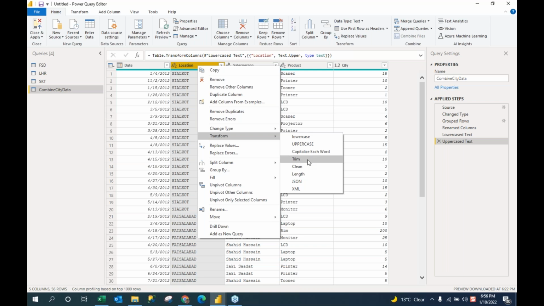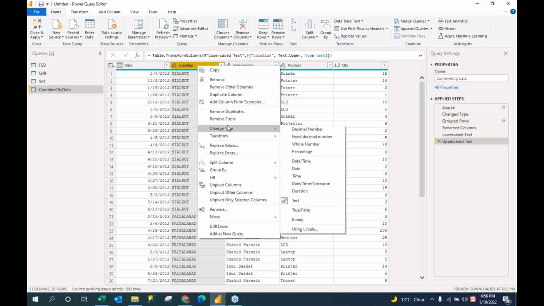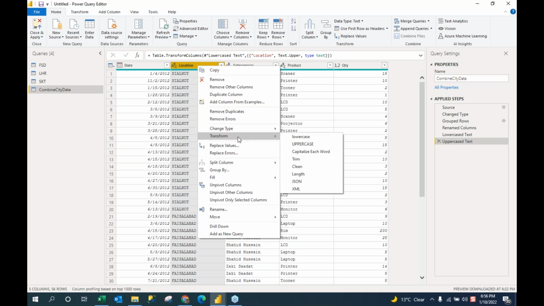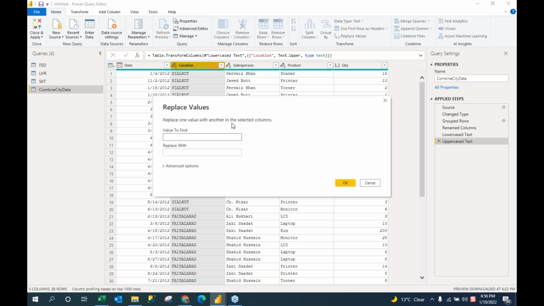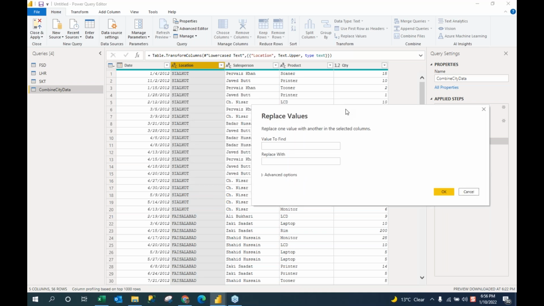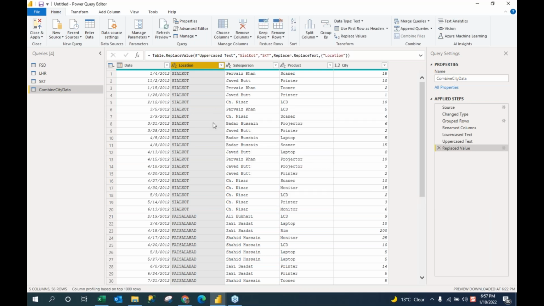In Excel, you need a function, but here it is trimmed already. Then we have learned that you can replace. For example, I want to replace Sialkot with SKT. So this is the Sialkot, and this is, for example, SKT, and click OK, and you should see